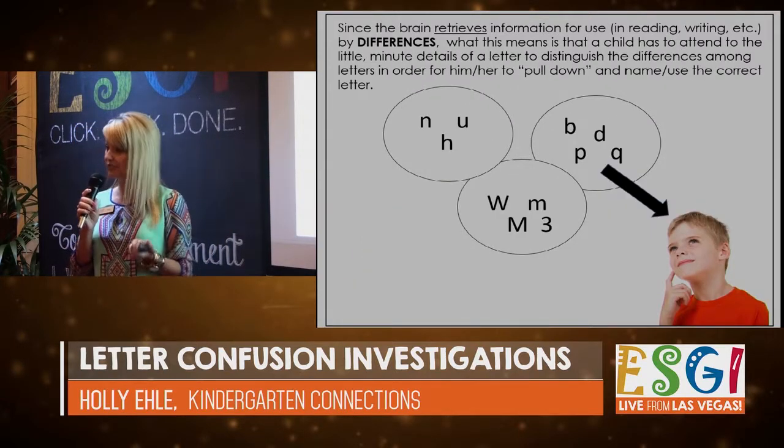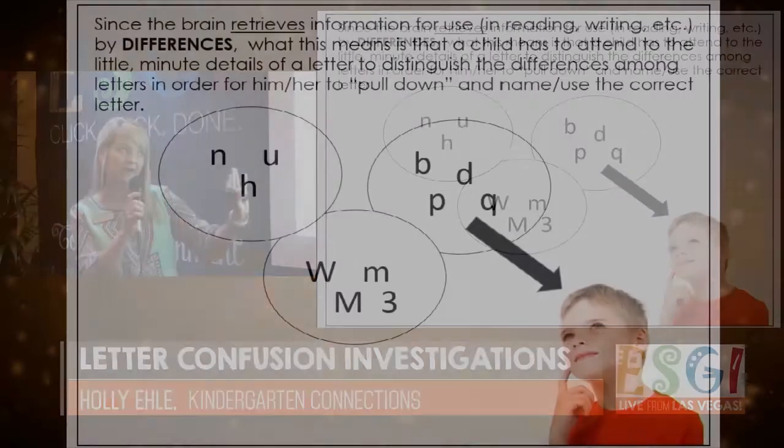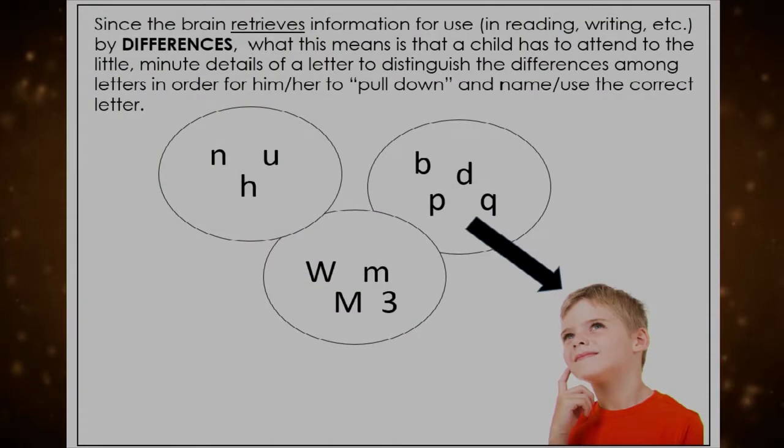We know that this works the same with letters. We said already that our brain has stored letter information by groups that are visually similar. So when they need to pull down an answer, what they have to do is attend to the minute details of a letter to distinguish the difference, and then to pull down the letter that has the correct